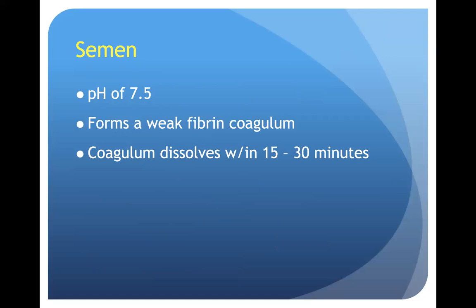And semen has an alkaline pH which is around 7.5. That's why when the sperm cells are in the semen, they prefer that environment. They can last longer, basta nandun siya sa semen. Diba? And then, this semen forms a weak fibrin coagulum. Kaya nga, ang itsura niya mucoid, no? Para siyang